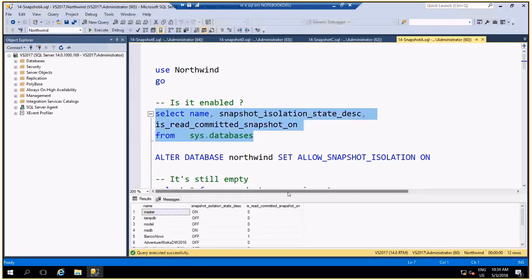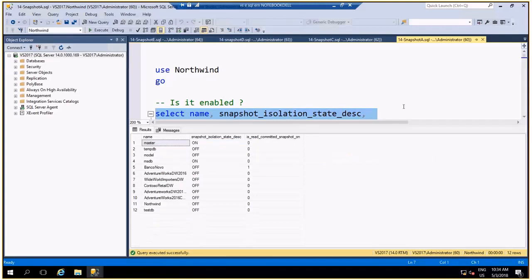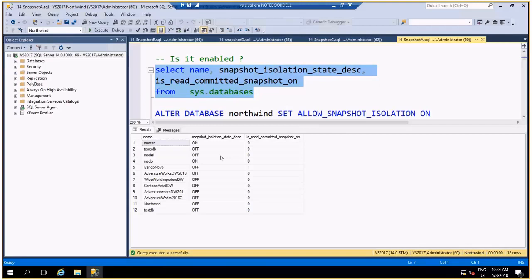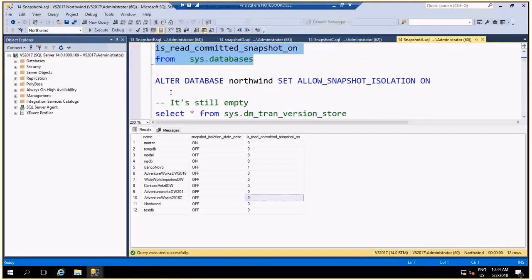Here you can see on which database snapshot isolation is enabled and on which one it's not. There are 2 configurations, one for snapshot isolation level and the other to enable read committed snapshot. Now I will enable the snapshot isolation level for Northwind.